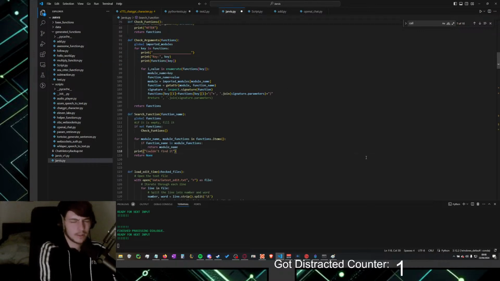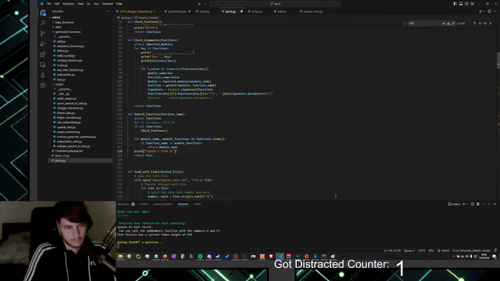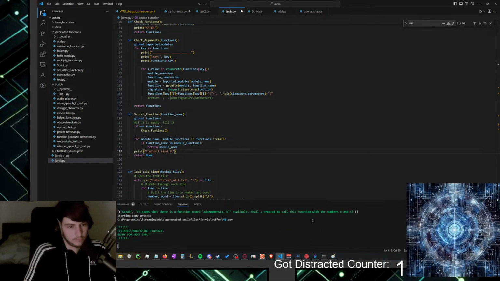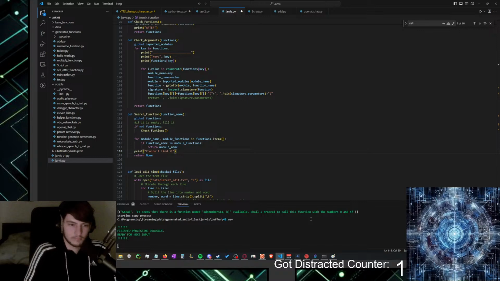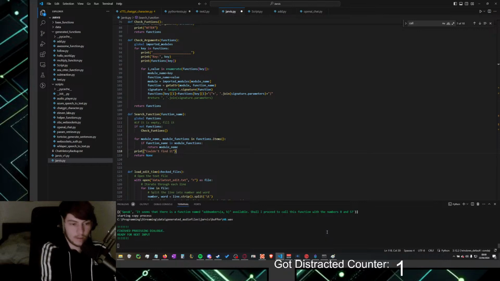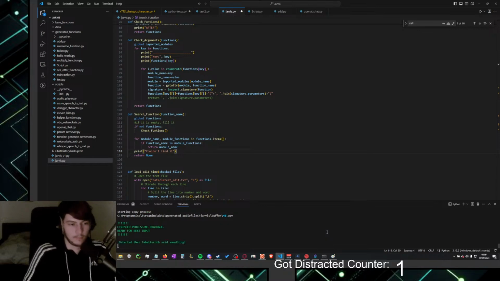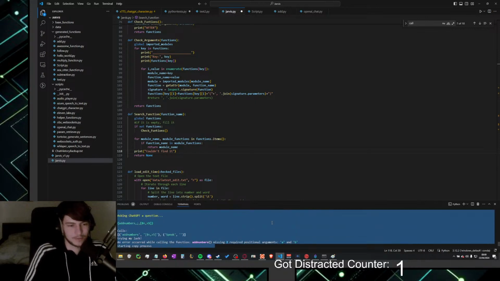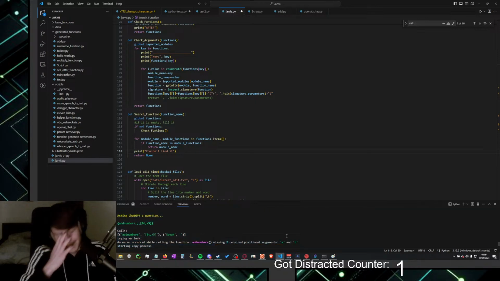Can you call the add numbers function with the numbers 8 and 5? It seems that there is a function named addNumbers, A, B, available. Shall I proceed to call this function with the numbers 8 and 5? Yes, please. Does it do it? Ah, missing 2 required positional arguments. Oh yeah, I didn't implement that yet.